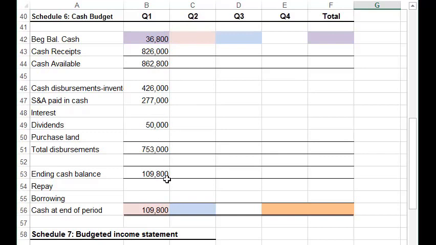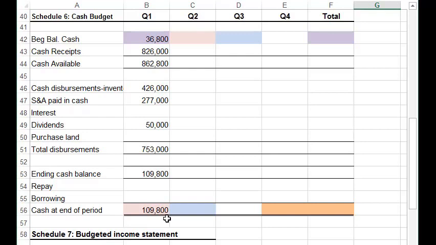That's where you get the $109,800. So formula-wise, this is cash available minus disbursements. This number has to be at least $30,000 at the end of every quarter, or Attaboy will have to borrow money and pay interest on those borrowed